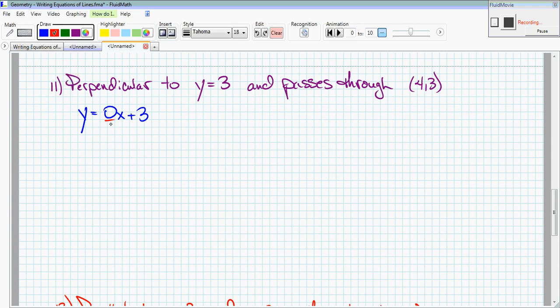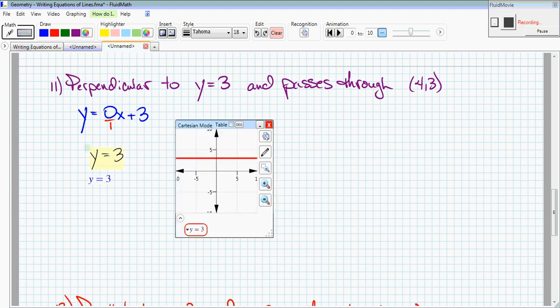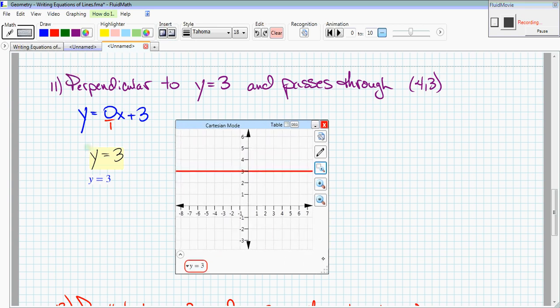0, like every other number, can be written over 1. Still equal to 0. It actually could be written over 2 or 3 or 4 or 5. But if we wanted to graph this, what this looks like, it has a y-intercept of 3, a slope of 0. So it's going to be a horizontal line. And it's called a constant function because the value of this function is always 3. Okay, if x is 0, y is 3, x is 1, y is 3, 2, y is 3, and so